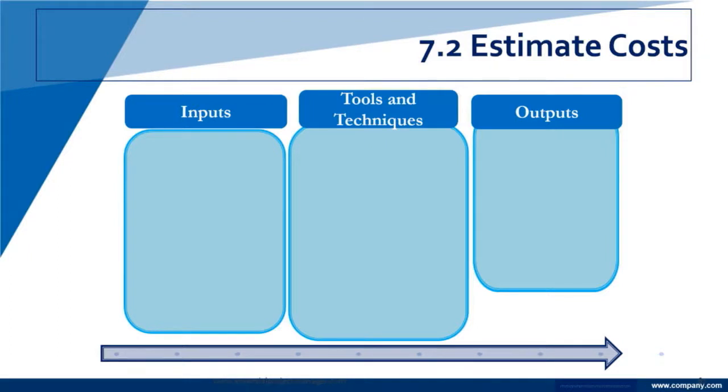Now is estimating cost. Figuring out what it costs us. What have we talked about? We've talked about what we're going to do. WBS is the best example of that. Work breakdown structure. The things, the nouns, the things we're going to do. We've talked about how we're going to do it. We've talked about some of the structure of the costs, of how much it will cost. But we don't know how to estimate the cost yet until we get